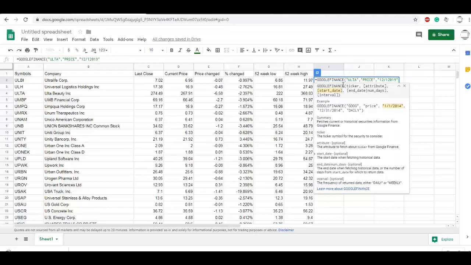So I want to see the daily changes for 1 month. In order to do that, you want to indicate the days. So in this case, 30, comma. Then the last thing you want to enter is daily. So Google will show the daily price. Okay,